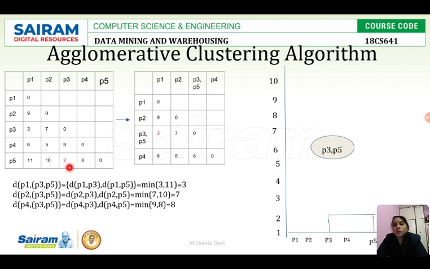So I have to check the respective data point. See, if I check the respective data point, it is P5 row wise and column wise it is P3. So I can merge the data point P5 with P3. Why am I merging? Because I find that the distance between P5 and P3 is minimum, is very less.